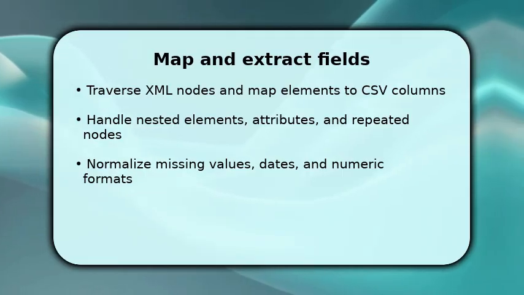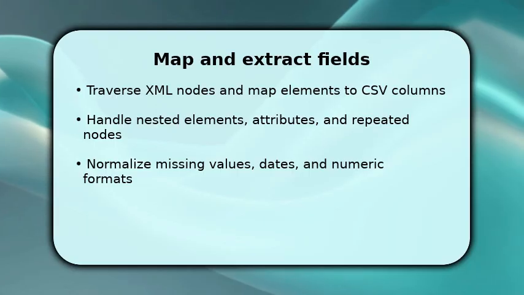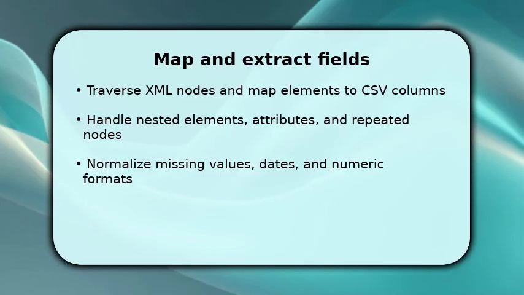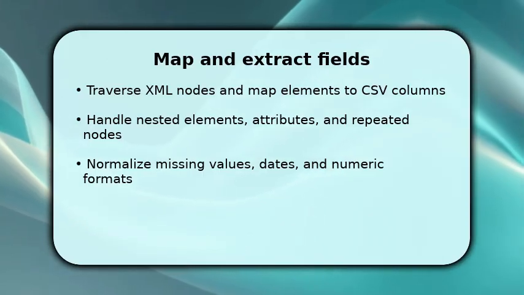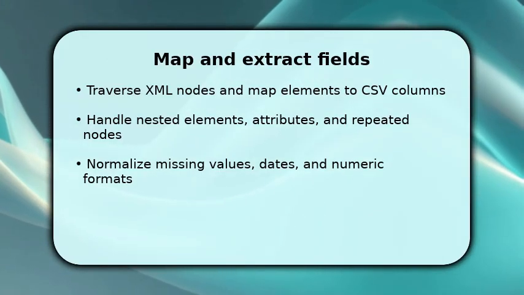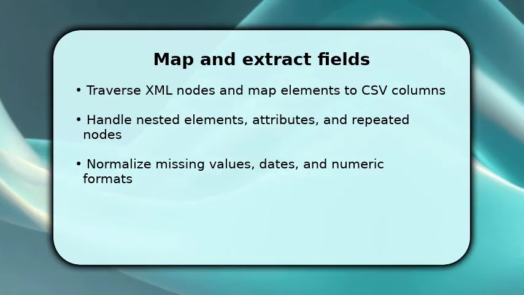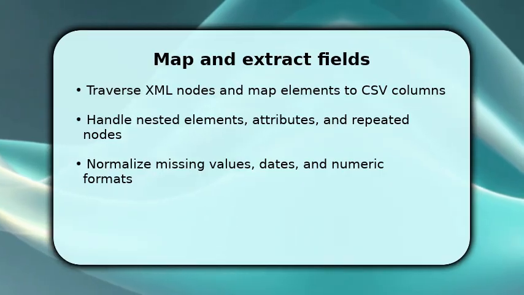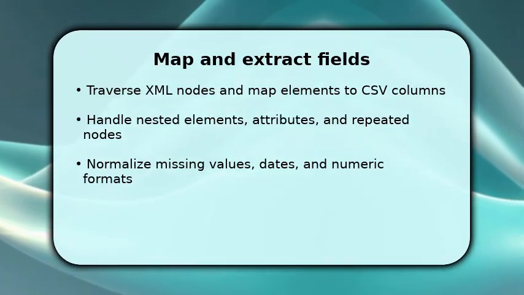When encountering nested structures, flatten them with a clear naming convention, and for repeated nodes, decide whether to concatenate, count, or explode into multiple rows. Make sure to sanitize commas and quotes for CSV safety. Once you extract a row, transform dates and numbers to a consistent format, then write the row to the CSV